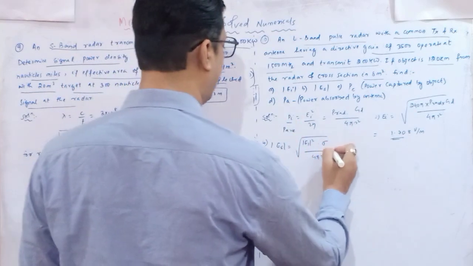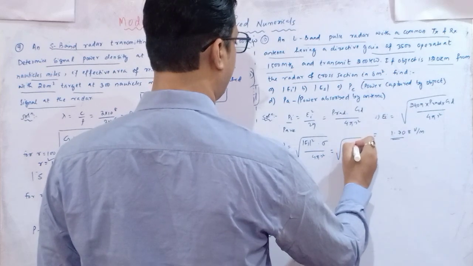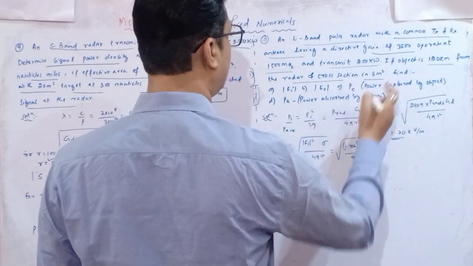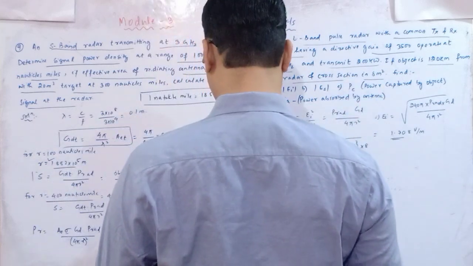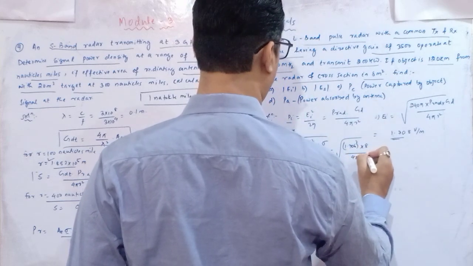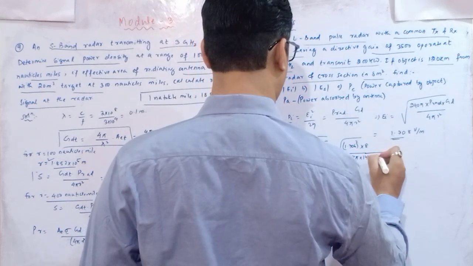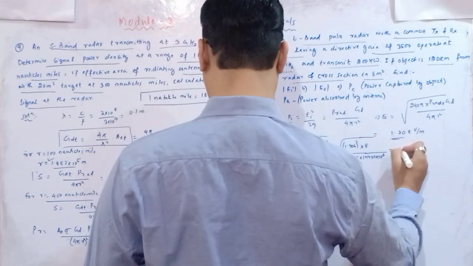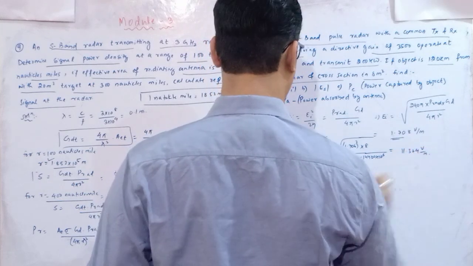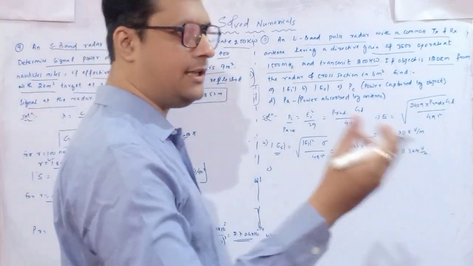So here I will get EI square is 1.708 whole square into 8 divided by, what is the distance? The distance is 120 kilometers. So that means it is 1440 into 10 to the power 6. So if you solve this, you will get around 11.36 microvolt per meter. Okay. So this is your B, means electric field strength at the receiver.